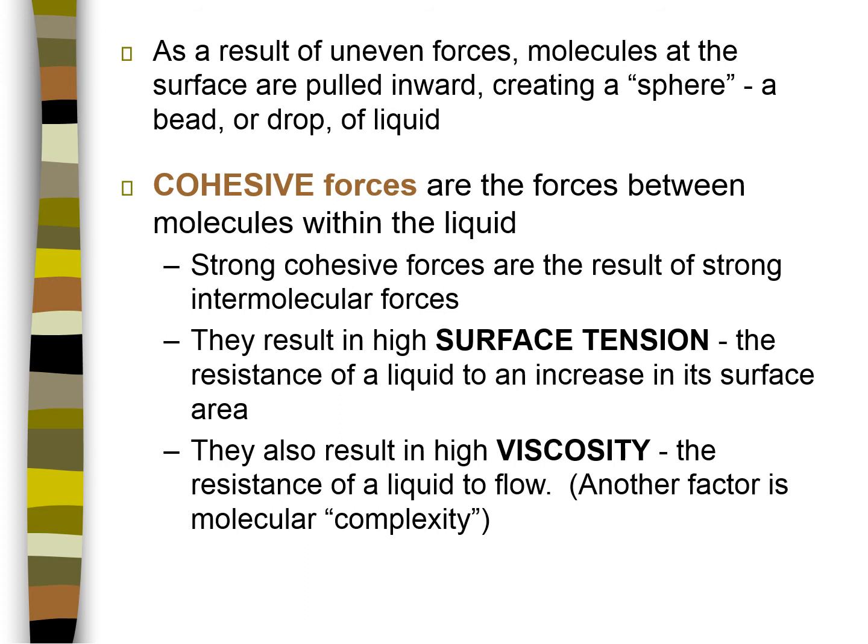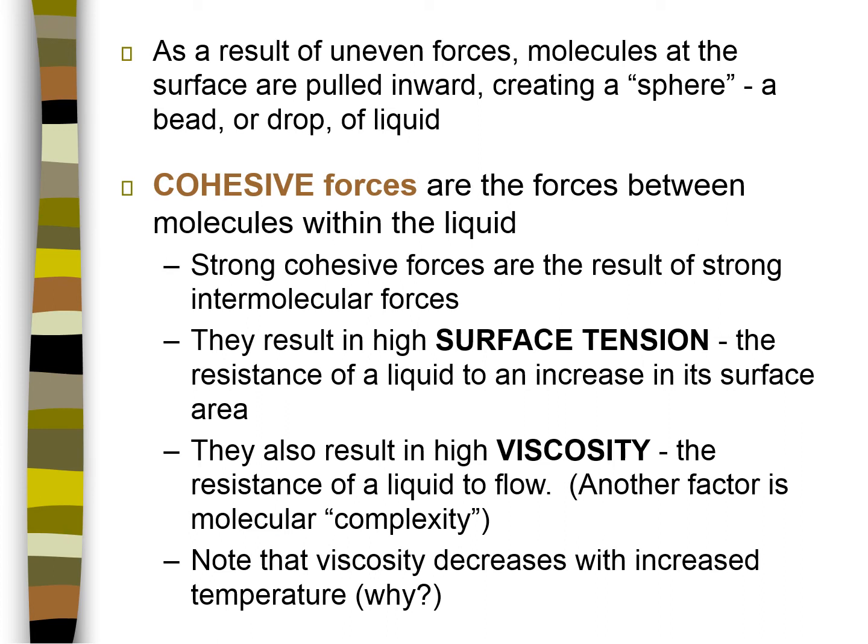But when molecules of a liquid are very small, they tend to not get entangled as much, and therefore they'll have a lower viscosity, a higher rate of flow. So make sure you know both the definitions of surface tension and viscosity. Now, viscosity decreases with increased temperature. You might have heard the phrase that something is slower than molasses in January. Molasses, of course, is a very thick, syrupy liquid, and in January it's very cold, and so the viscosity of that molasses is even higher in the cold January temperature.